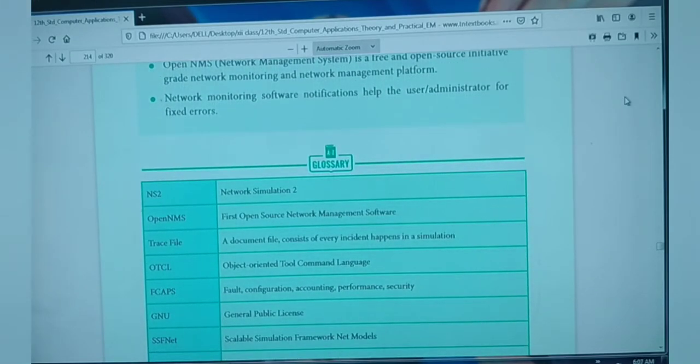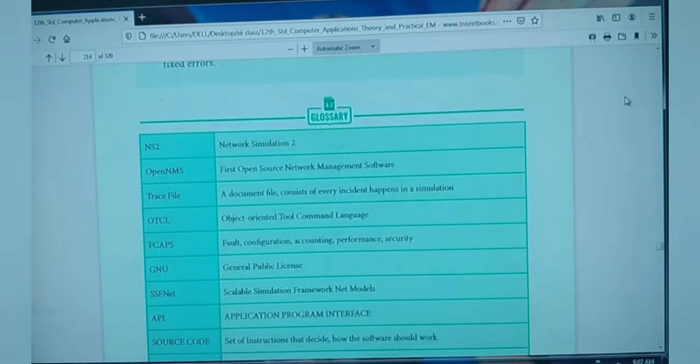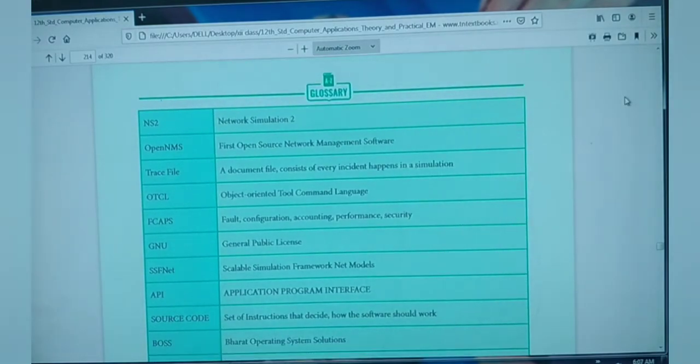Similarly, in the glossary they have given the expansions. NS2 is Network Simulator 2. OpenNMS is the first open source network management software. The next one is trace file: a document file consisting of every incident that happens in a simulation. The next one, OTCL, Object Oriented Tool Command Language. FCAPS: fault, configuration, accounting, performance, security. Next, GNU General Public License.